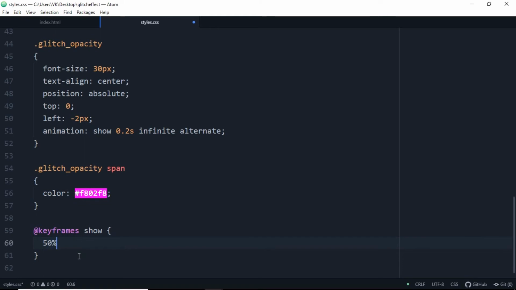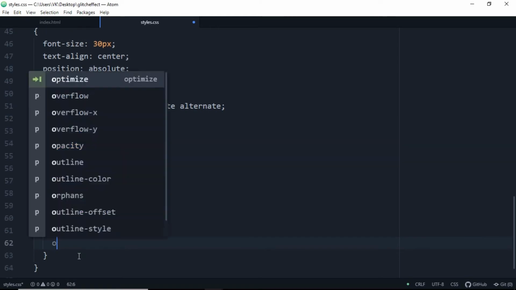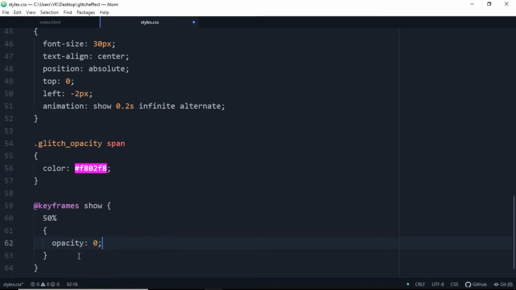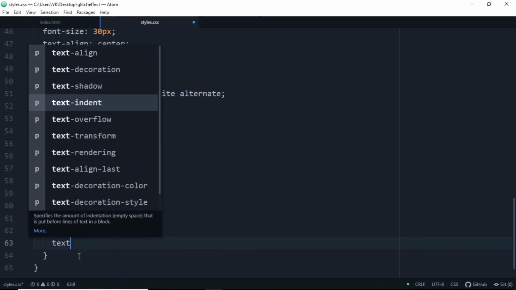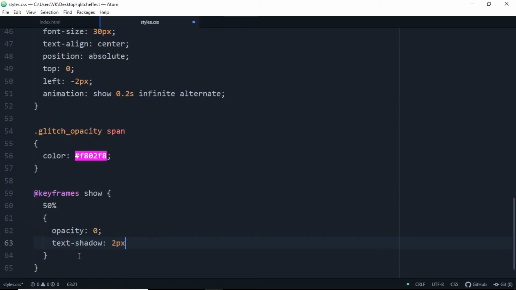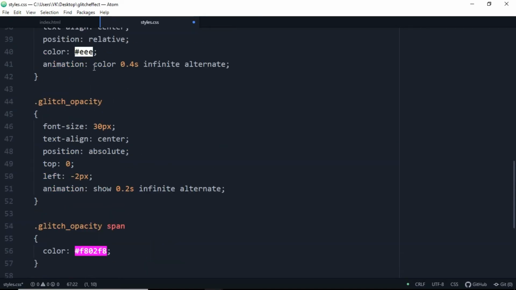So at 50%, just copy. Let's keep it opacity 0 and text shadow will be 2 pixels and 2 pixels. Also the color will be hashtag AAE90E and semicolon. So just copy this 50%. We don't need to copy this.